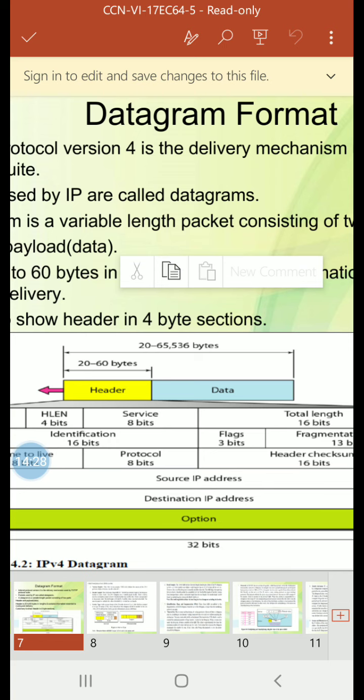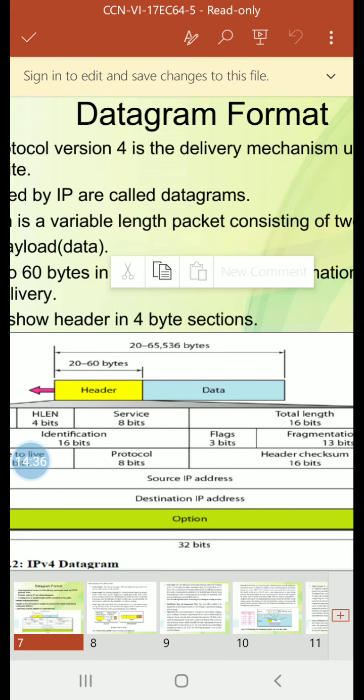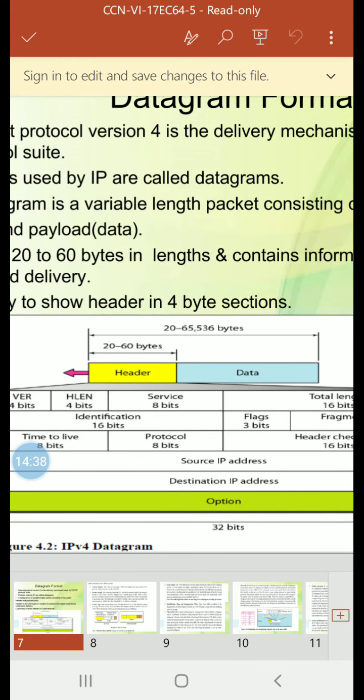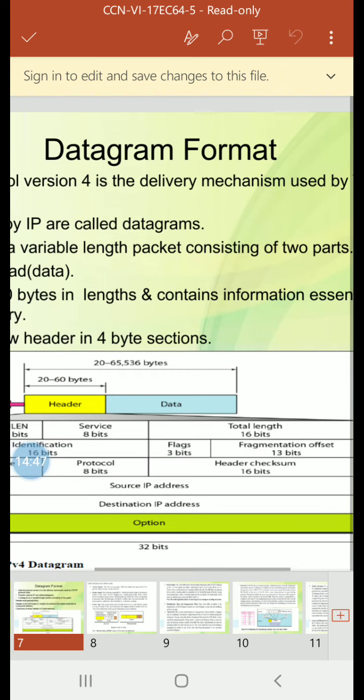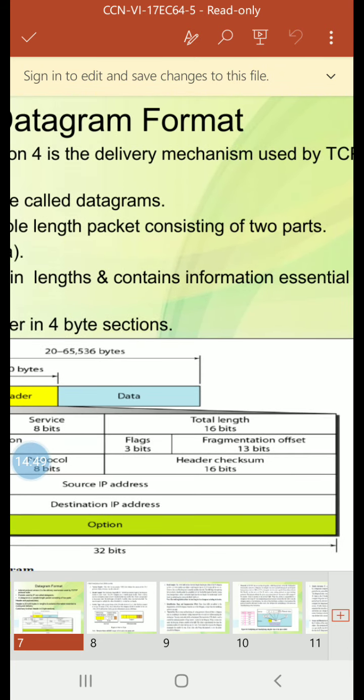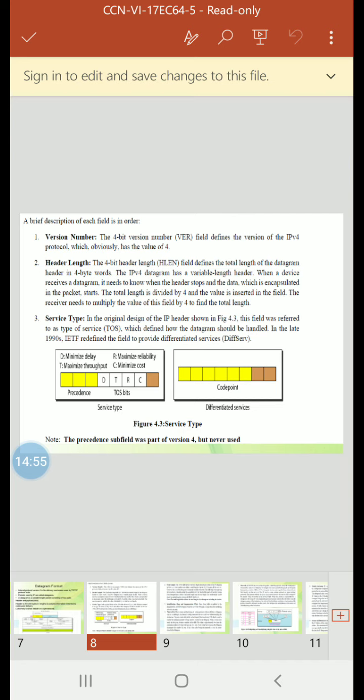Then you can see total length, which is 16 bits. So is it clear? Version, HLEN, service and total length. We'll discuss all these fields further in the next lecture. We'll stop here.